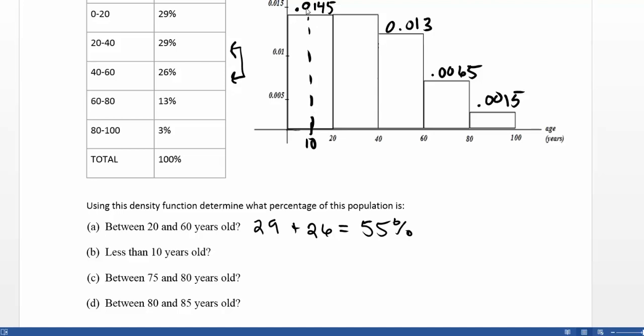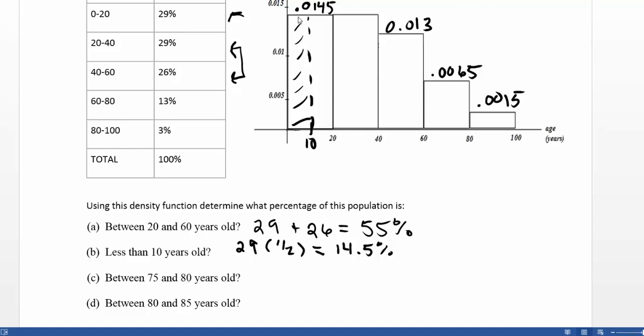In this interval span of 20 years, that represents 29% of the population. Well, less than 10 is going to be half of that population. So we could either multiply our percentage, 29%, times half, which would give us 14.5%, or we could do this graphically. Because we know the height is 0.0145,